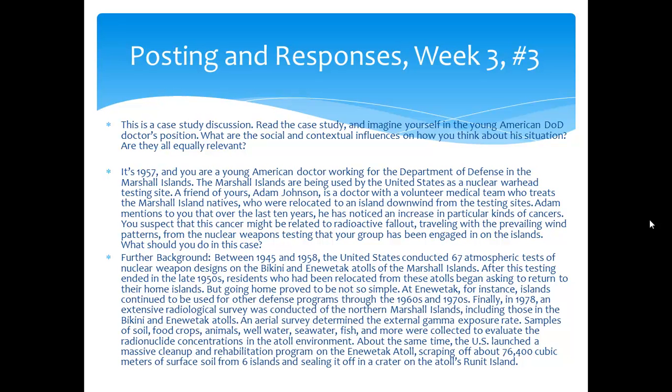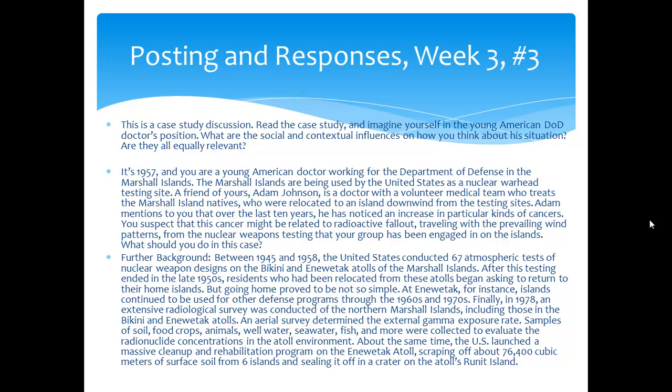They needed to find places where they could test new nuclear weaponry for the military. And it did turn out that there were a number of people who ended up having cancer because of the radiation that was released. So this is another example of somebody who's dealing with this particular kind of situation. He has a friend who's a doctor who's noticed that there has been this medical effect because of the testing.